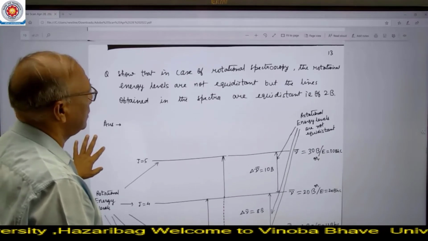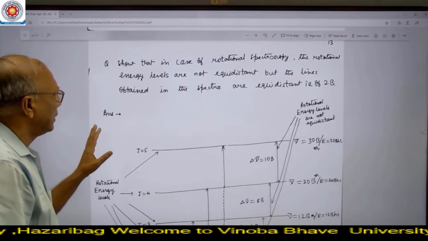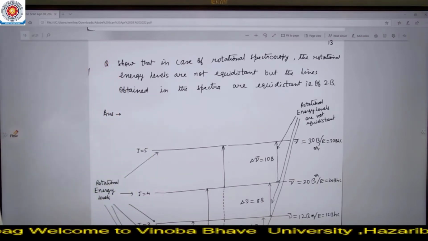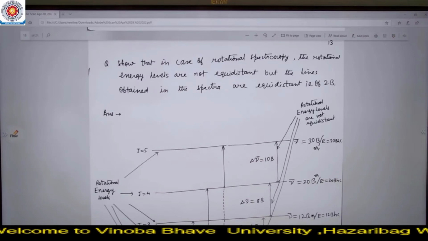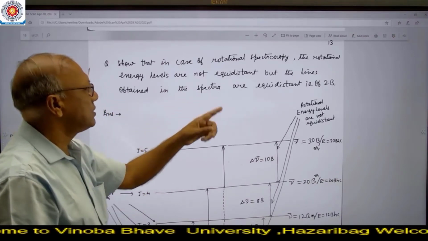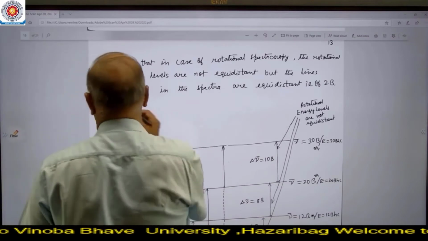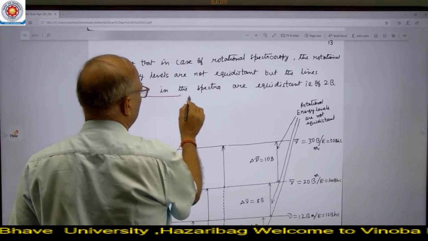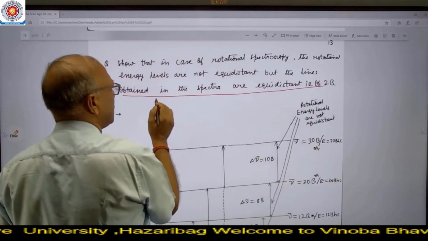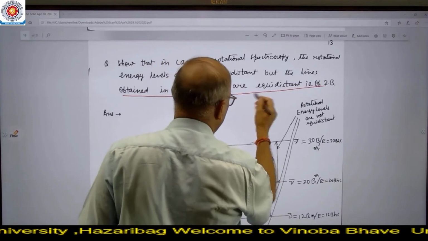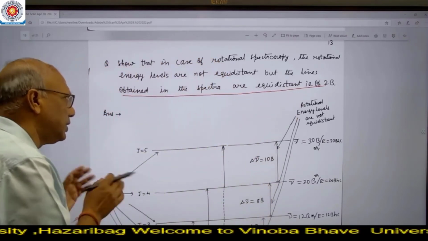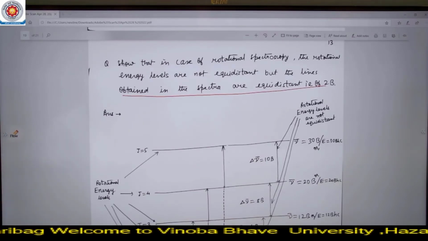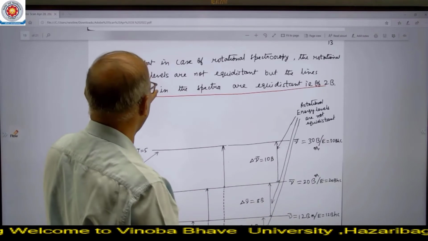Now, another important question may be like this: show that in case of rotational spectroscopy, the rotational energy levels are not equidistant, but the lines obtained in the spectra are equidistant. We have just answered this. There are two parts of this question. The second part of the question has already been answered in the previous slides, so in the first part we have to answer how